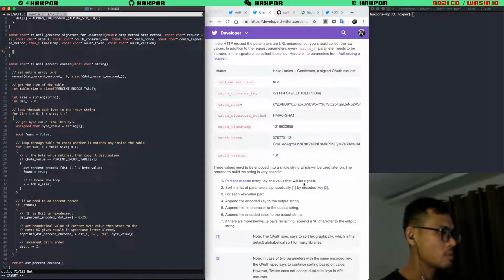So basically, we need to percent encode every key and value here. The second step is to sort the list of parameters alphabetically, which we're going to do manually for now. The third is, for each key value pair, append the encoded key to the output string, then append the encoded value to the output string.